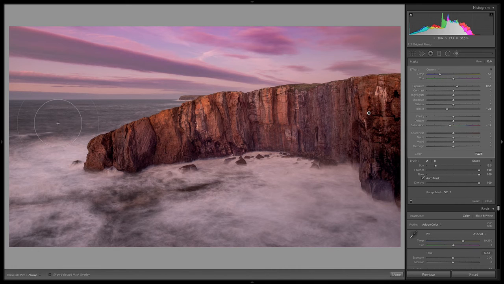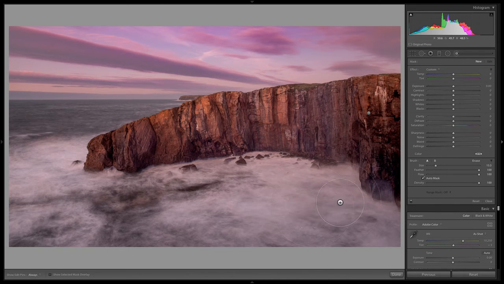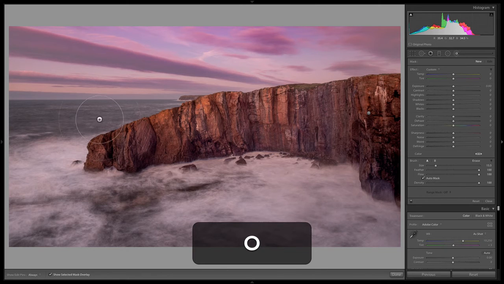Next, let's pick the ocean and make it blue. And this is going to be something that will really dramatically change this shot. So again, there's a couple ways to do this. I'm going to use the brush because I'm going to brush this entire ocean. I would use the graduated filter, except we have this hill right here and you can erase part of that, but I'm just going to start with the brush and make it easier on myself.